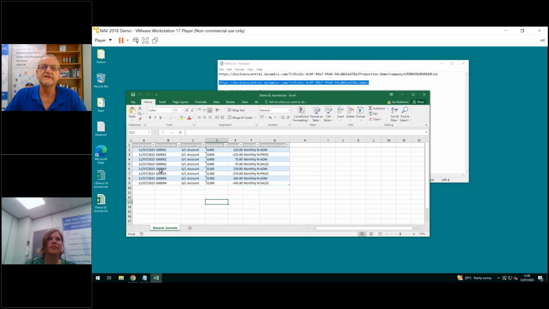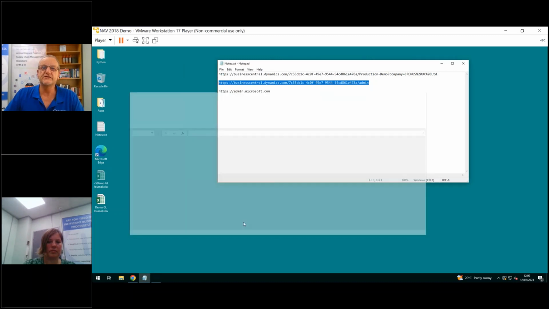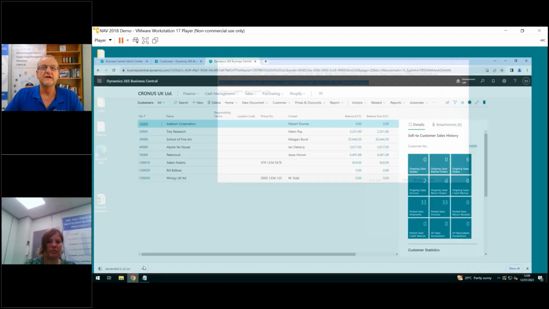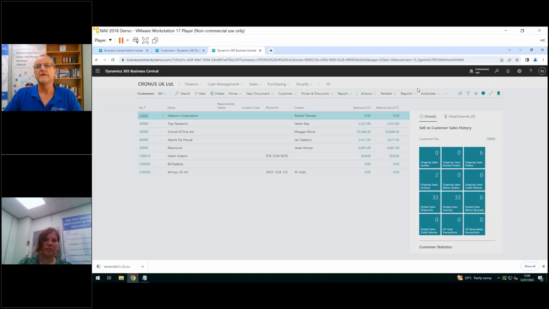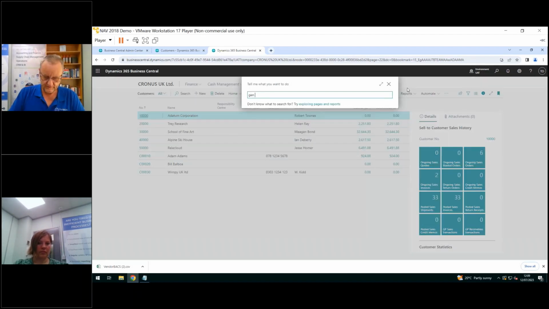Yep, there we go. A posting date, document number, GL account, the amount, and some description. I've put in some dimensions as well, just because the system can handle dimensions. Now, if I'm doing a really big journal, it's much more comfortable for me to work here in Excel rather than trying to do everything on the system. Once I've done that, I can simply go to my general journals,